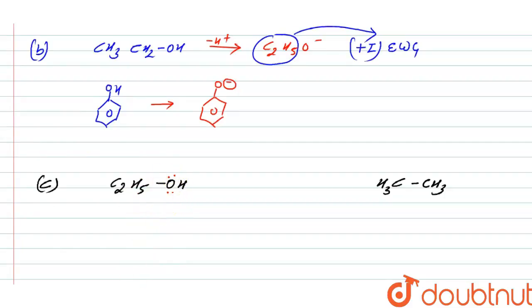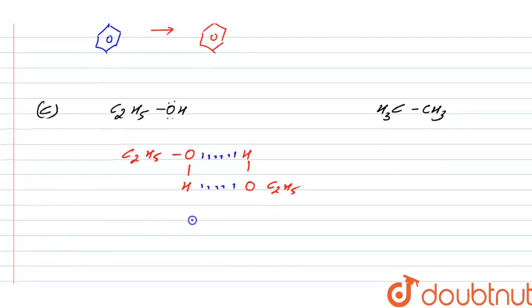So the hydrogen bond will look something like this: C2H5, and here we will have oxygen, and here we will have hydrogen. And here we will have C2H5, then oxygen, and then hydrogen. So as here we got hydrogen bonding, it will look something like this. Now as we have hydrogen bonding, this means that the molecules of C2H5OH, that is called ethanol, are associated